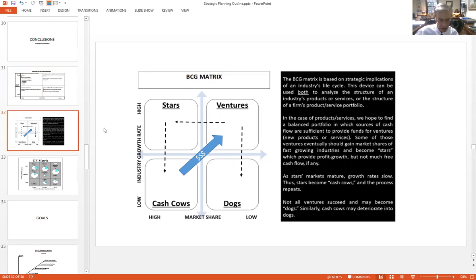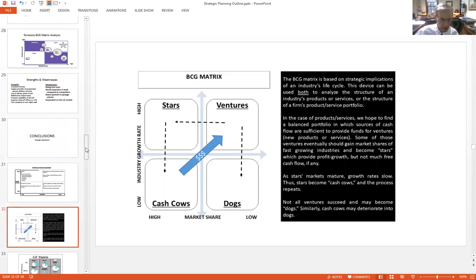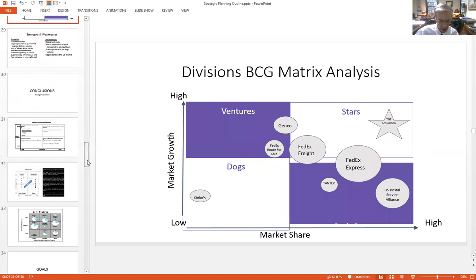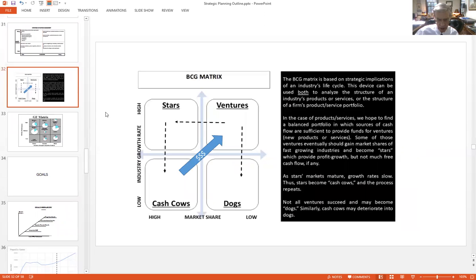This is that BCG matrix again, but now we're using it to make some decisions. Remember, we're going to take our cash cows, the cash from the cash cows. We're going to plan to invest in ventures. Those ventures, and by the way, you can see we've got the low and the high in the right positions now. We've taken this one and we've used the BCG matrix for diagnostic purposes. Now we're going to use it for formative purposes and make some decisions about strategy. And of course, the